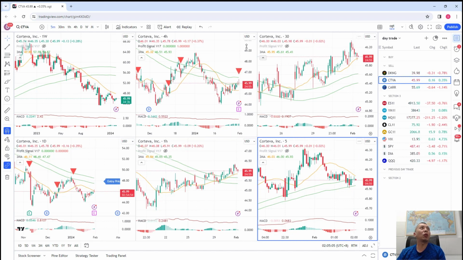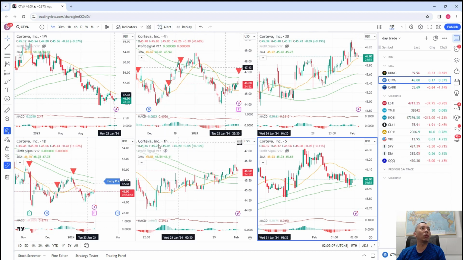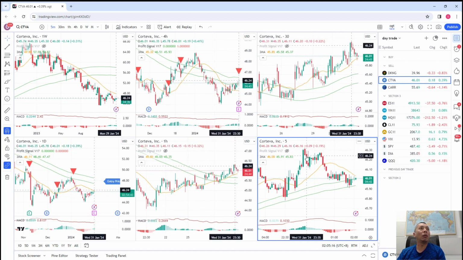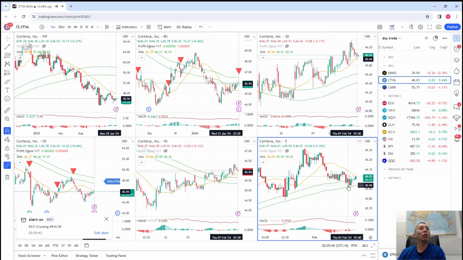To short sell, because based on the 4-hour, 1-hour and 30-minute time frames, we can see the MACD setup is there for it to come down. And of course, with the 5-minute price action based on our TW strategy, the trigger is somewhere here, at this bar. In fact, let me double check. Yeah, these two bars. It's not these two. Anyway, the trigger is there for you to trade down.